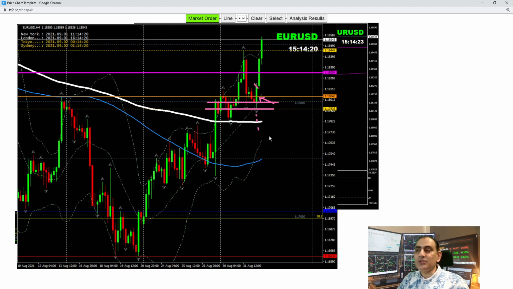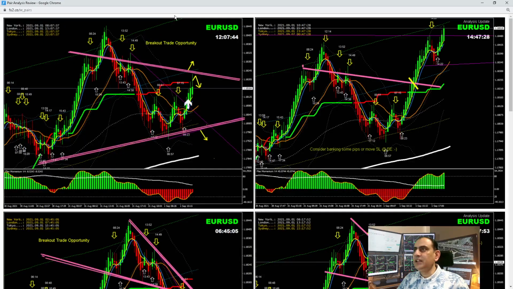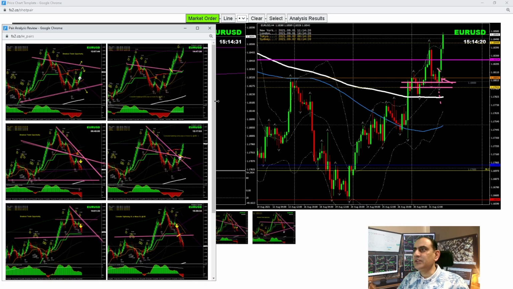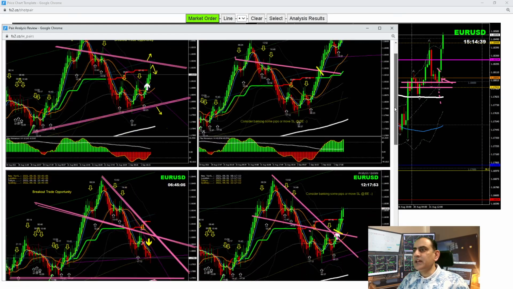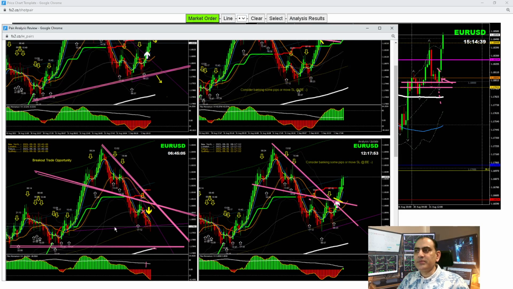All right, so let me share with you guys how I analyze the market in intraday and help my traders bank profit. Looking at the intraday analysis this morning, this was the analysis I explained to my traders: look for this breakout. More likely we were expecting a breakout of this previous low, or otherwise a breakout of this one, as mentioned in the analysis. As always, if the price is going to break the recent high, as mentioned here,